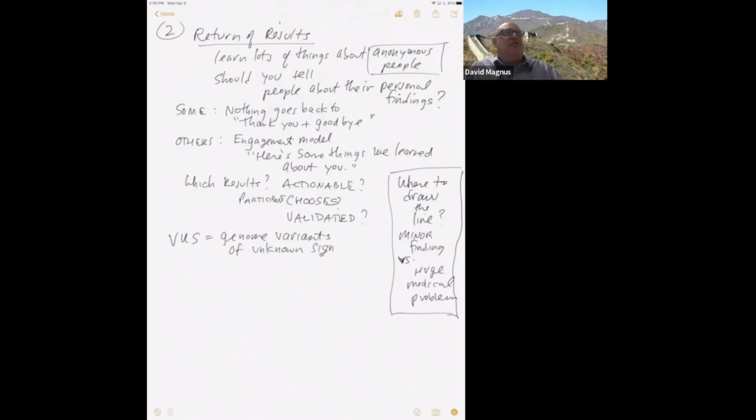And these are the kinds of debates that are happening right now for all of these large research repositories. In fact, literally, we are right now having ongoing discussions in the program, which will then come to us as an IRB, about exactly where those lines should be drawn and what the right thing to do is in terms of the return of information.